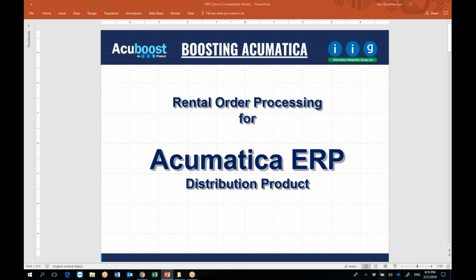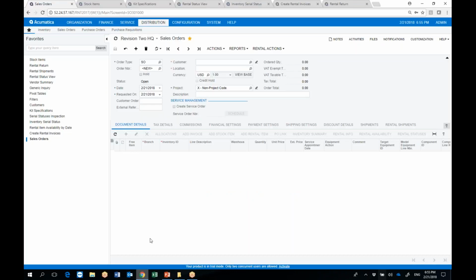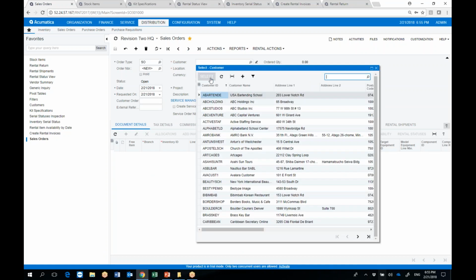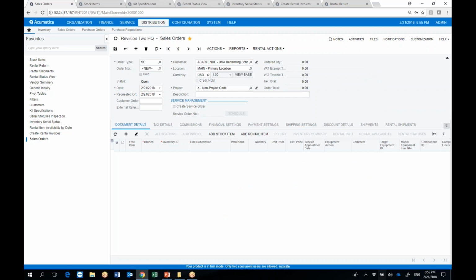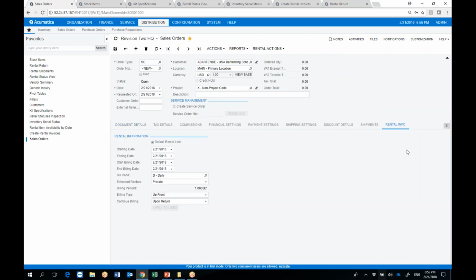Today we're going to go over the rental order processing. I'm going to start the presentation in the rental order entry program. Basically, what we've done is added some functionality to the sales order entry program to allow users to process rental orders. So the very first thing that is entered when you start a rental order is the